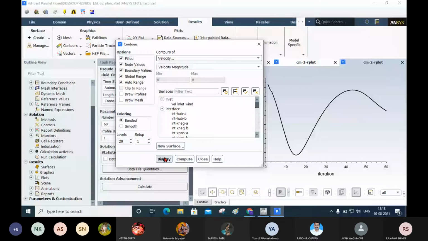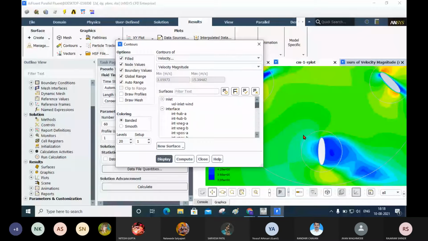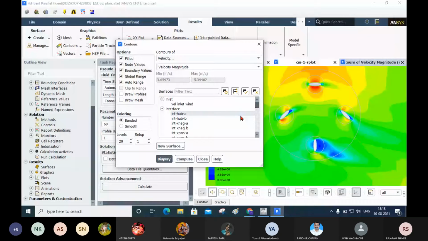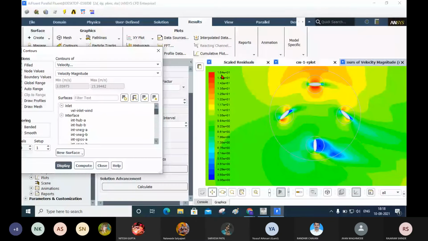Here air is coming, and see here if you observe this one, here 1.4 into 10 raised to 1, and this is 3.6. Okay, 3.6. Here less velocity, here high velocity. Again these velocities are depending upon the flow direction, you are getting the velocity. Okay. Now after doing this,